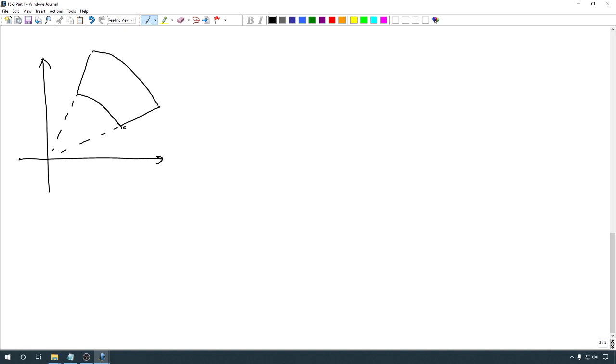We could even look at just part of our annulus. Here we have one inner radius, maybe that's a, an outer radius of b, but instead of going all the way from 0 all the way around to 2 pi, we're just going to go from some angle, let's say alpha, to some angle beta. This is what the book is referring to as a polar rectangle. I don't know if it really has a more proper term for it,